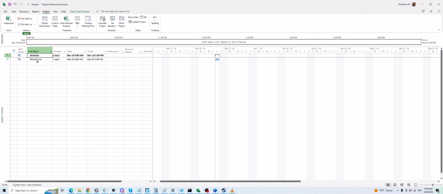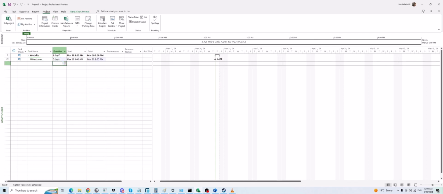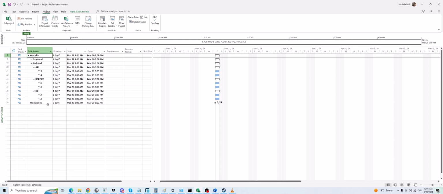Inside of Microsoft Project, if you want to use it, it's very simple. You just create a task and put the duration as 0. Okay, simple as that, right? So simple. But the concept and usage of these milestones is very important. If you open a project plan and you do not see the milestones inside of that project plan, you can blindly say the person who defined this plan is missing a lot of items